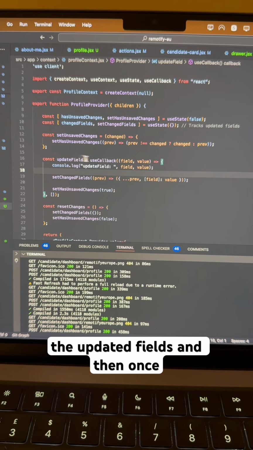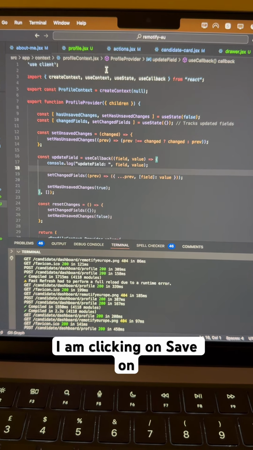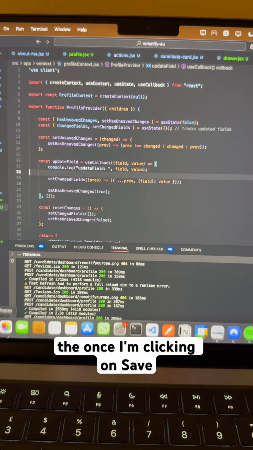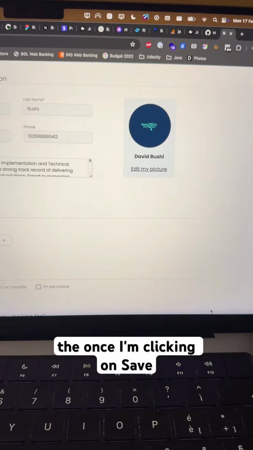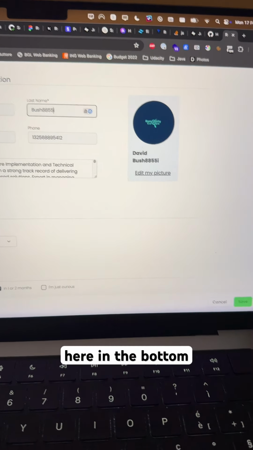And then once I am clicking on save, once I'm clicking on save here at the bottom